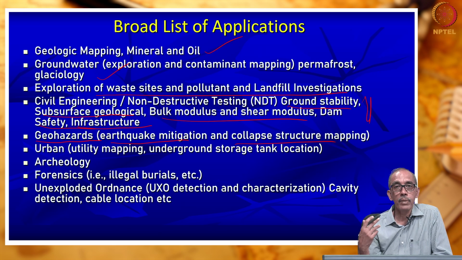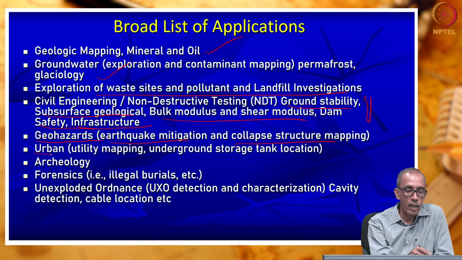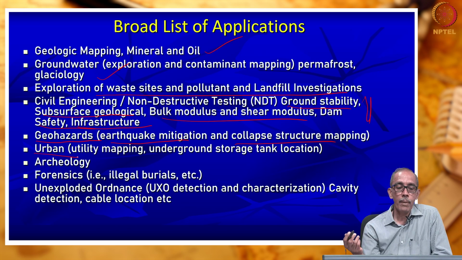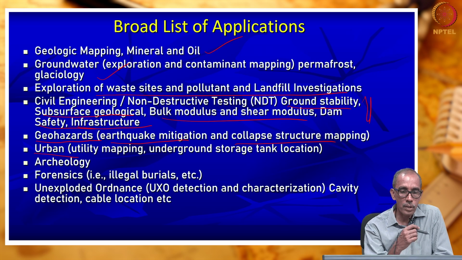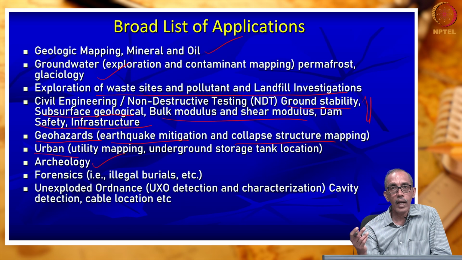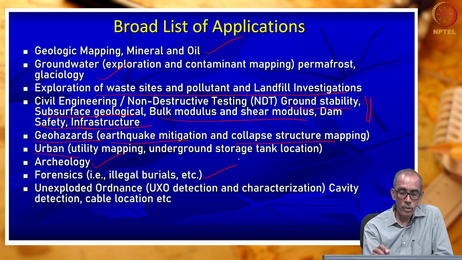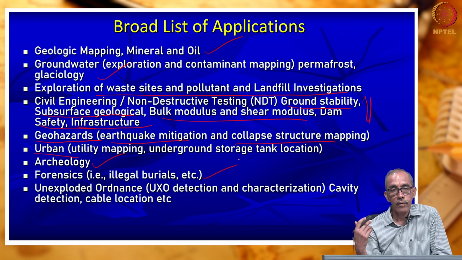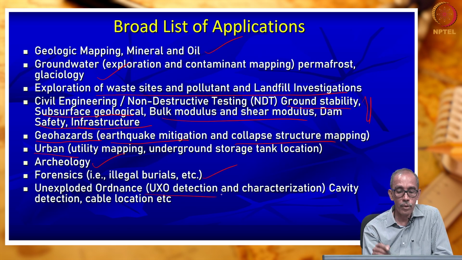Where they are located can be identified using geophysical tools. Very much in urban mapping, right? Especially to understand where the utilities are. That means buried pipelines and drainage lines can be identified using geophysical methods, deployed very often to understand buried artifacts, archaeologically important sites, right? Also used in forensics, for defense purposes, and to understand unexploded ordnance below the surface of the earth, the bunkers below the surface of the earth.